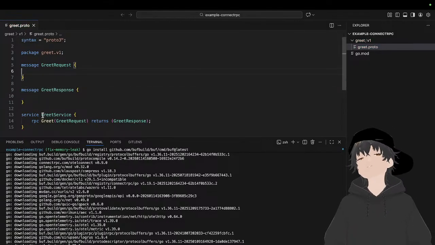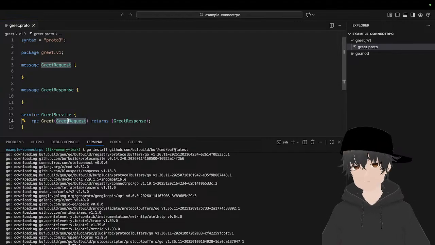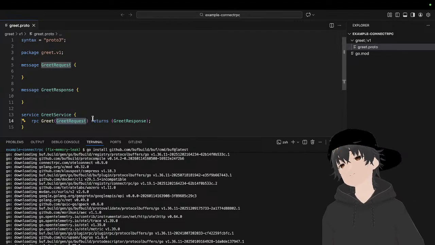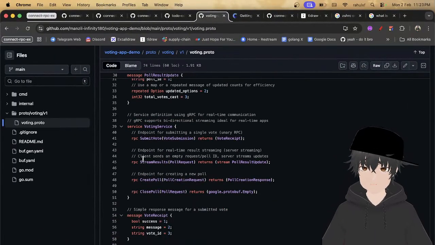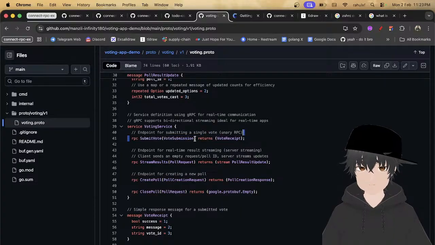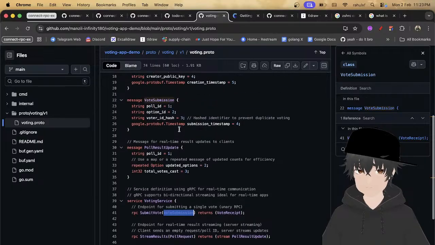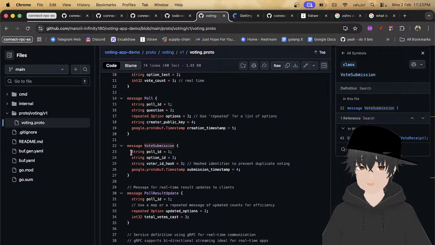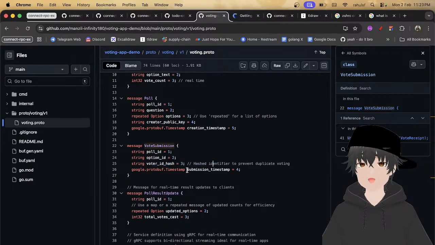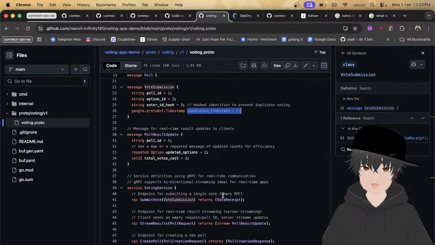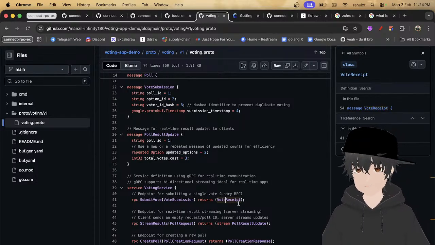Greet request means what request this method will take, I mean the argument, and what it will return. If you see here, for submit vote it takes a vote submission, and if you search vote submission, it takes a poll id, option id, voter id and submission timestamp, and what it returns is a vote receipt.